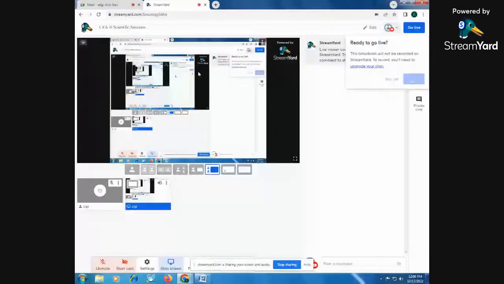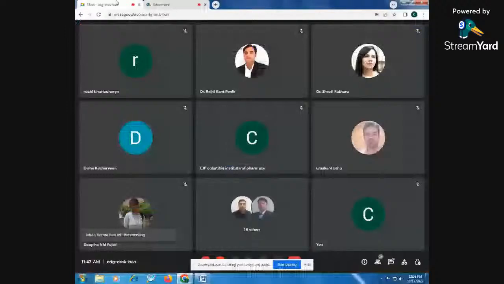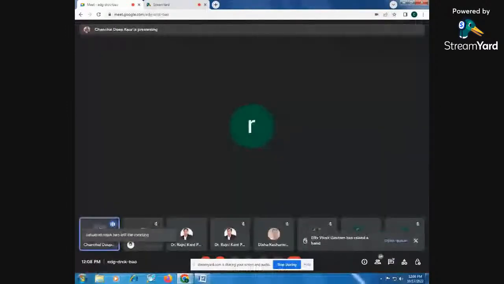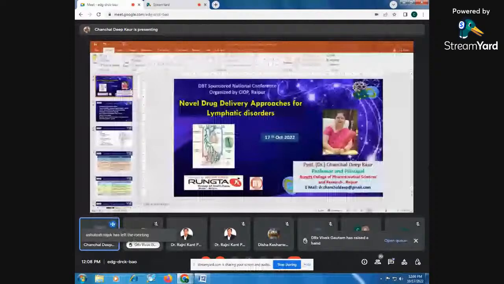Components of the lymphatic system, then what are the types of disorders or infections associated with the lymphatic system, then what are the various factors that will be influencing lymphatic targeting, then what are the advantages or benefits of going for lymphatic targeting,